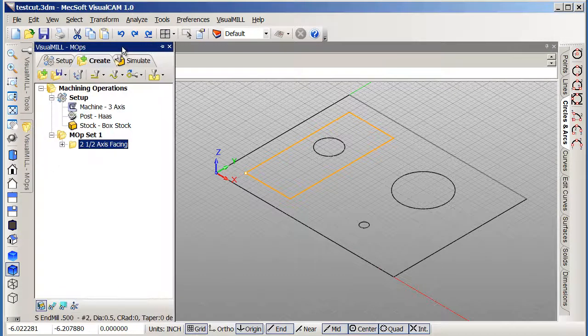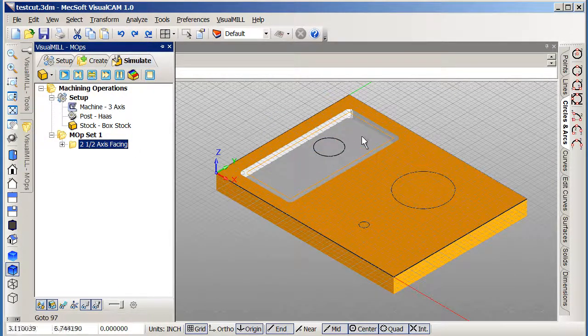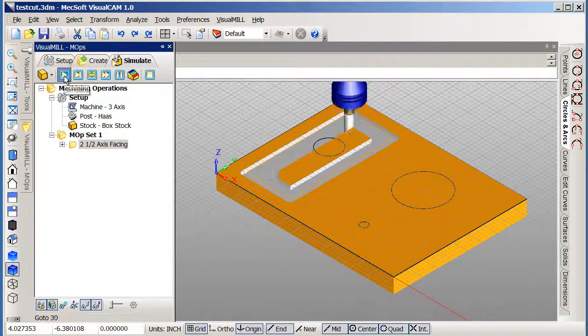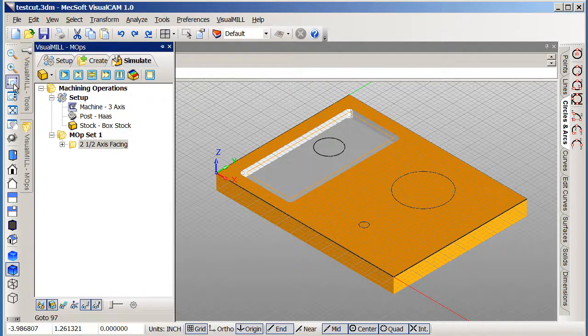So now I'm going to go back to this and go to simulation mode, and we'll see there it cut 2 passes or 2 different pieces. I slowed my simulation down to show it. There's it cutting the first layer. There's it cutting the second. If I zoom in,